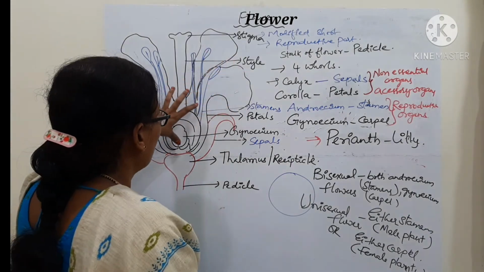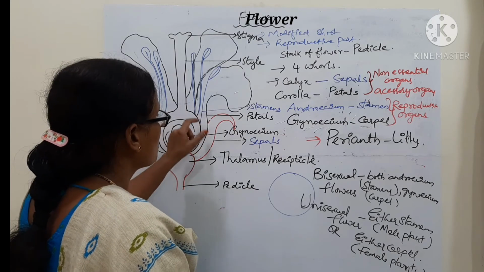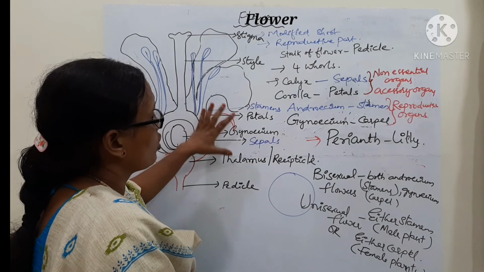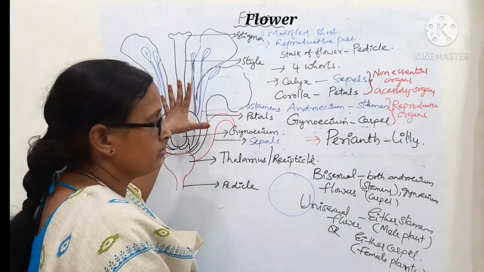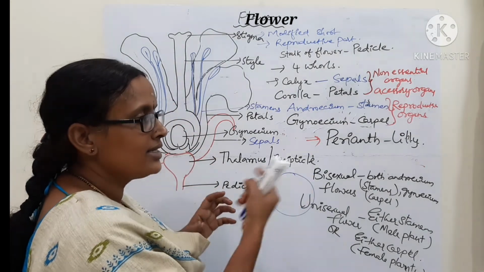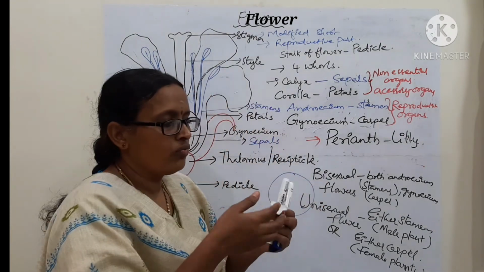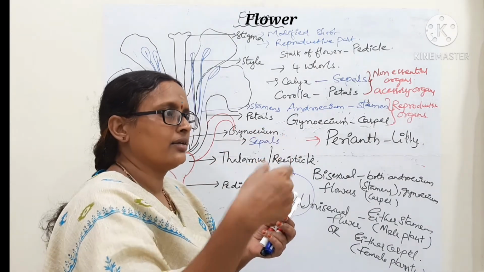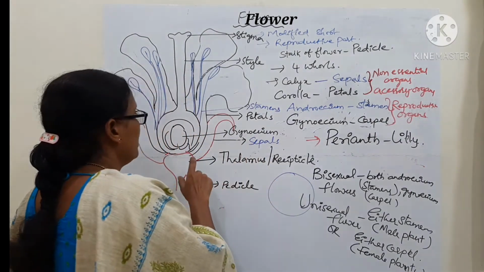So the flower is a modified shoot, and the leaves are forming the different petals and sepals. Leaves are modified as petals, sepals, androecium and gynoecium. The whorls are arranged in a circular manner. If you take this flower, all 5 petals are arranged in a circular manner, and the next layer likewise. The gap between these layers is called an internode.